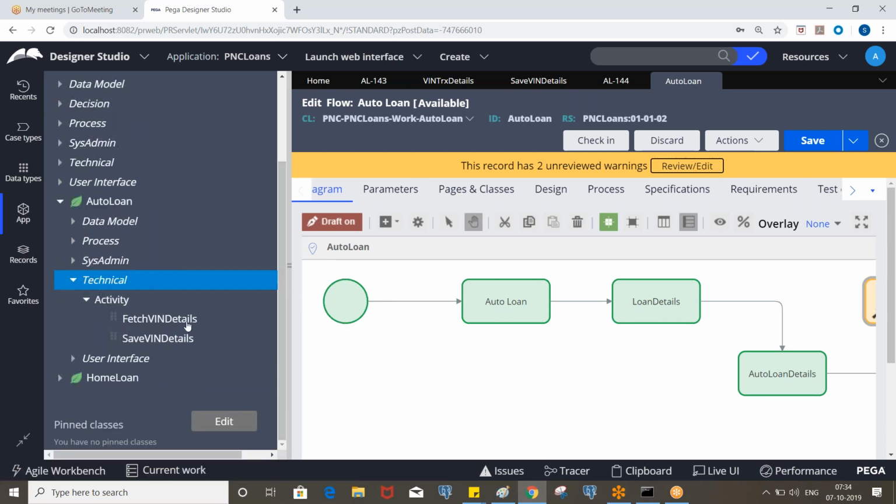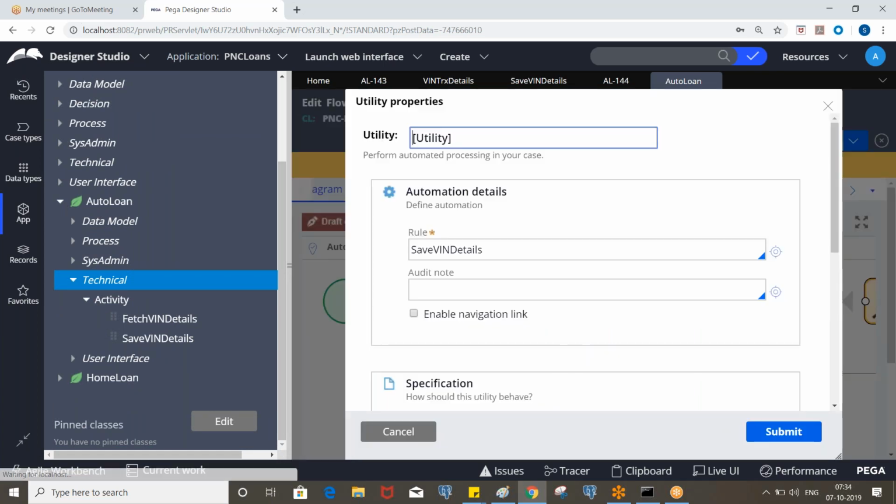Now we have two activities. Fetch win details is not showing here because this activity type is not utility. But still, if you want to call this activity, you need to put the exact name. So it will work.